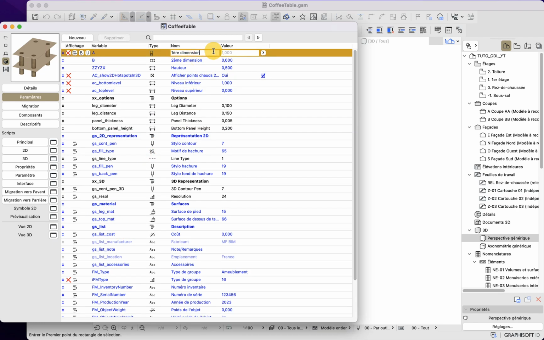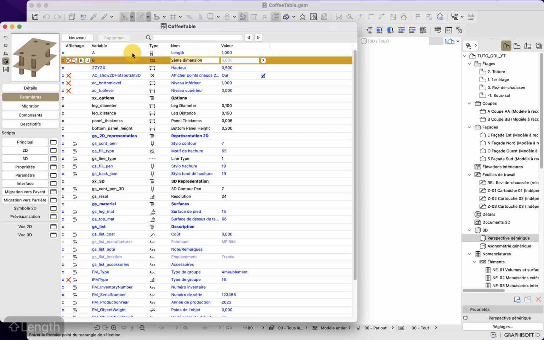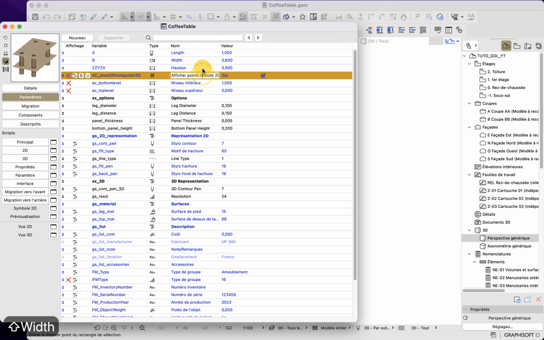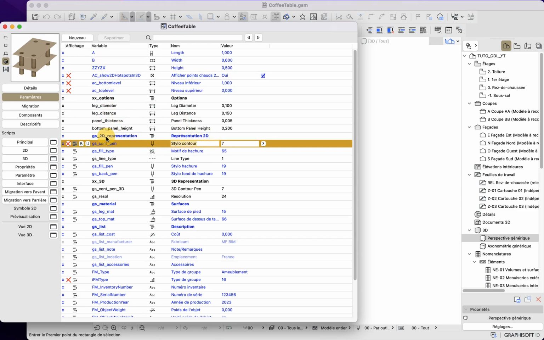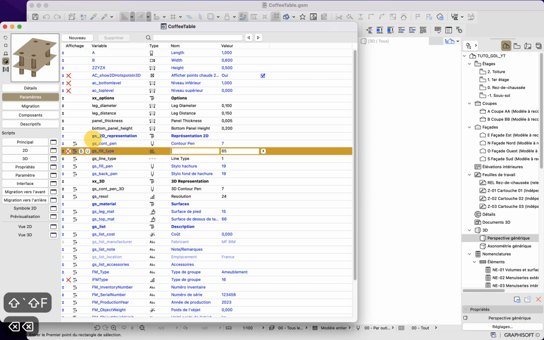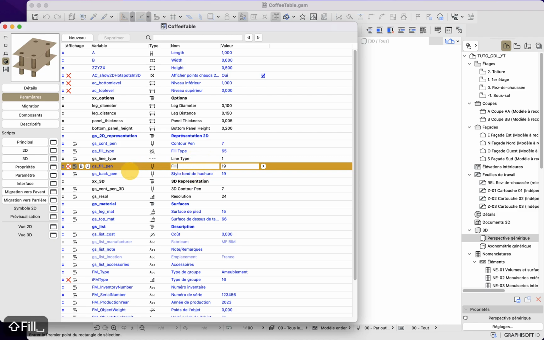And then what I will do is I will also change this one in English, so we clean all the object. Height, this one is already contour pen, fill type, line type already, fill pen.